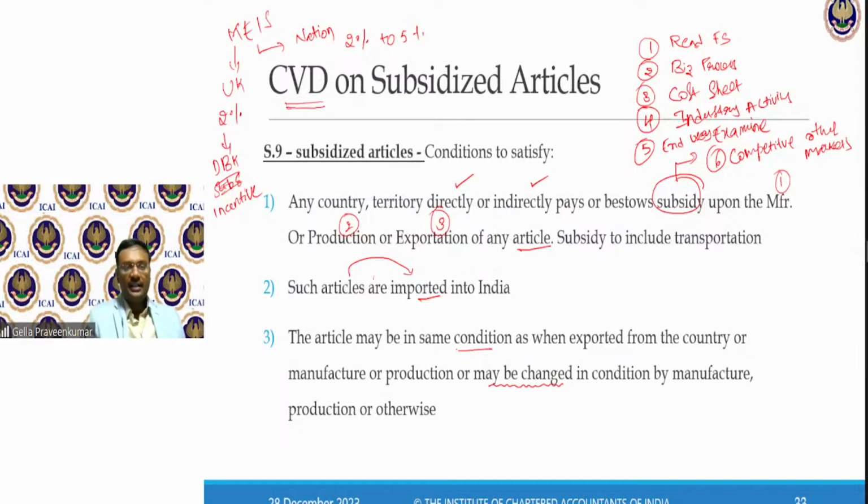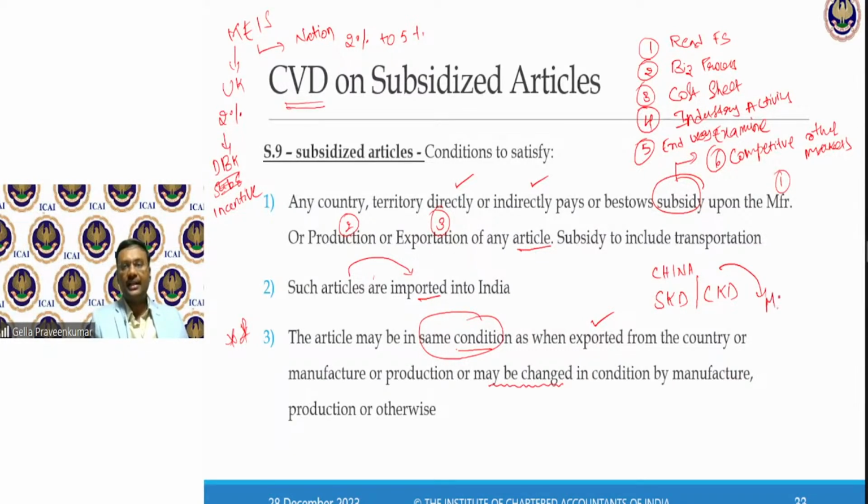Here, important is your point number 3. These articles may be in the same condition as when exported from the country or manufacturer, or may be changed in condition by manufacture, production or otherwise. Now, semi-knocked down or completely knocked down. From China, the goods have come in this fashion.